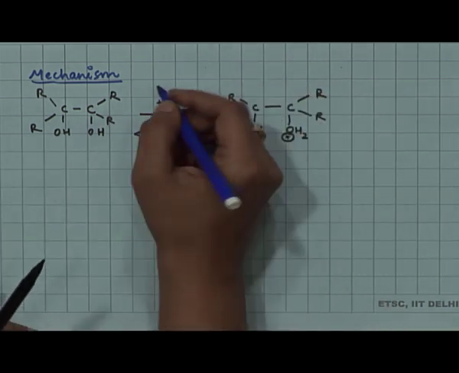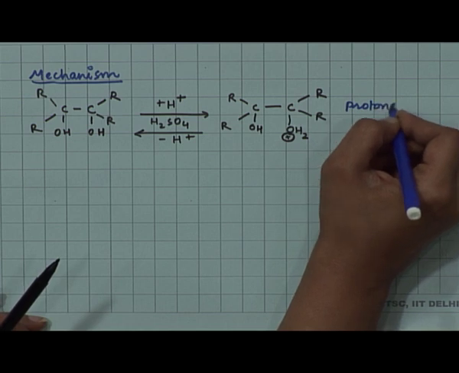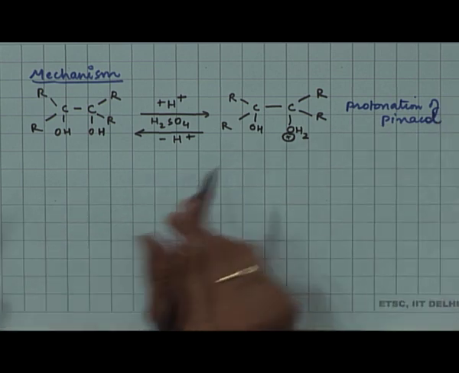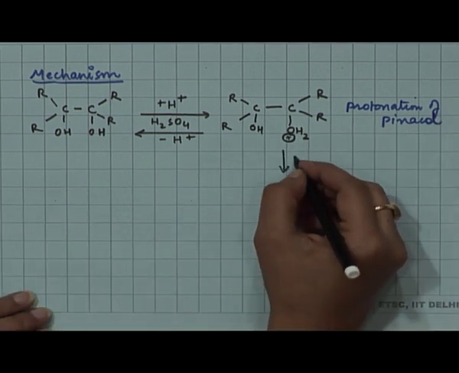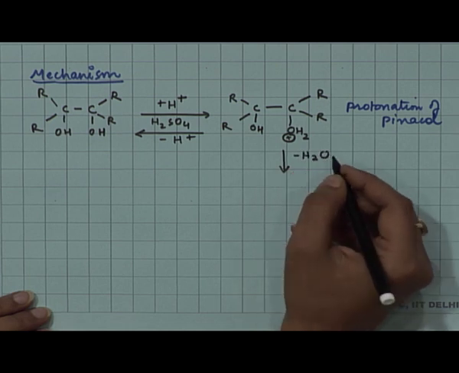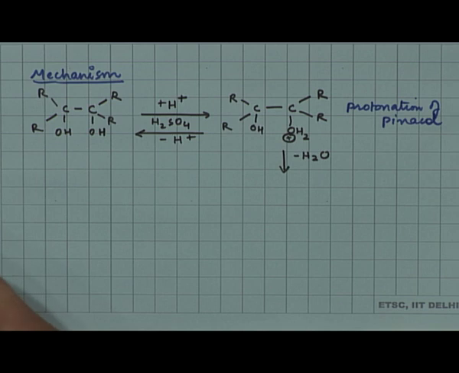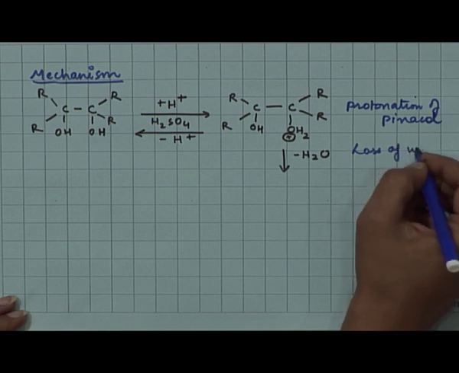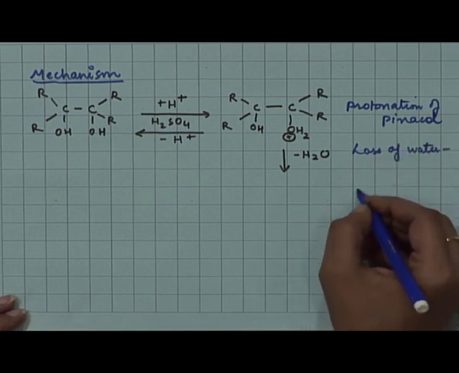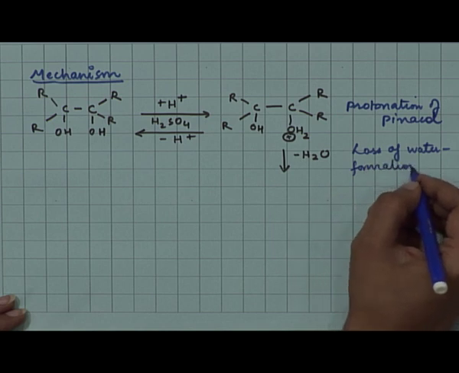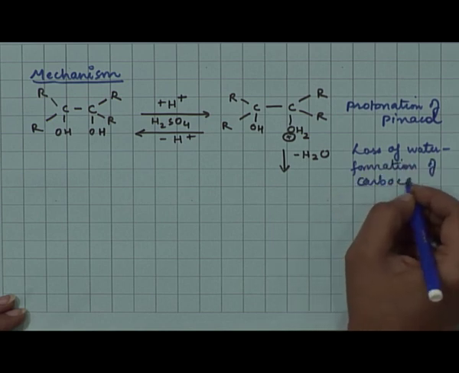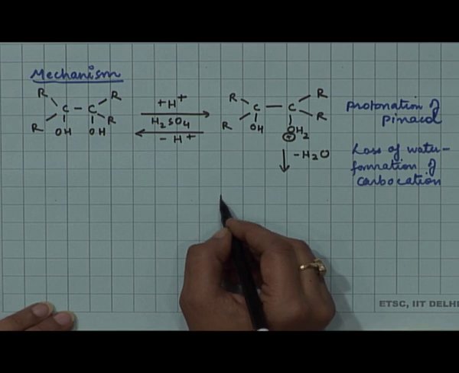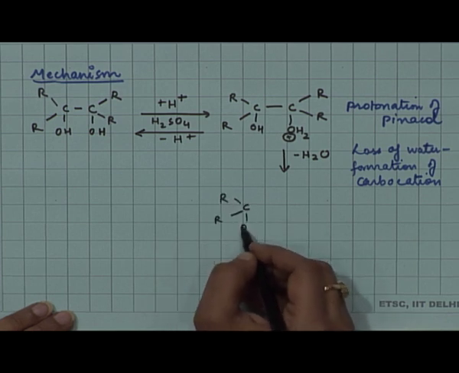So, the first step being the protonation of pinacol, a reversible step. The next is the loss of water molecule, okay, to give you a carbocation. So, there is a loss of water molecule and it results in formation of carbocation. This is the second step, which also involves the migration of the alkyl group simultaneously. But I will show them one by one what is happening. So, this step is the loss of water